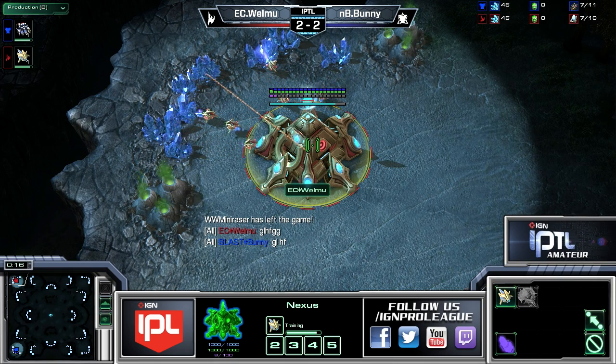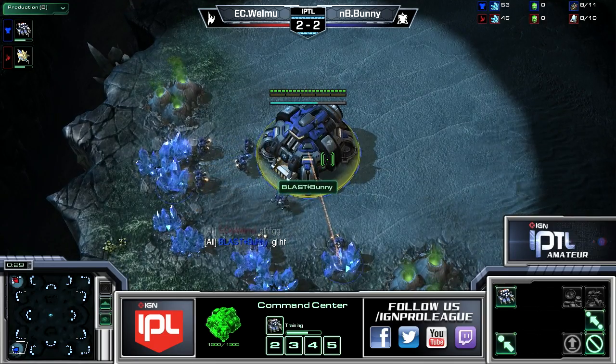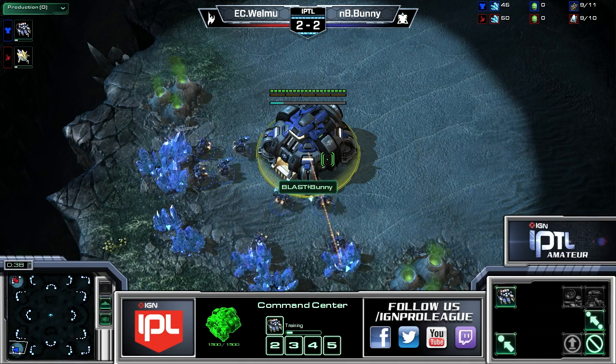Okay, thank you, Kevin. So we have Welmu from Eclypsia. He's the red Protoss up in the top left corner of Entombed Valley. He's playing against Blast.Bunny, now nuBreed.Bunny. Blast Gaming, that sounds very familiar for some reason. But either way, Bunny is going to be the blue Terran down in the bottom left corner, trying to break